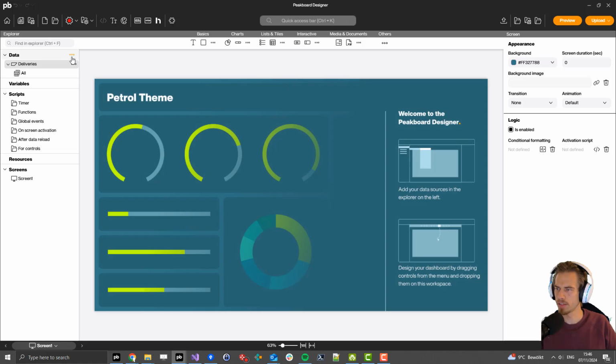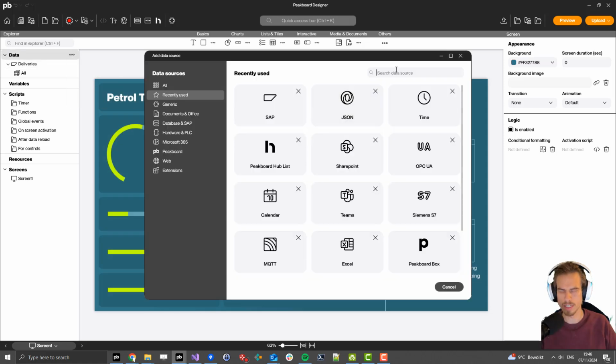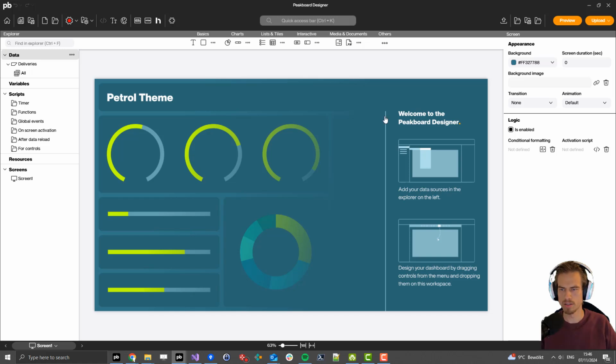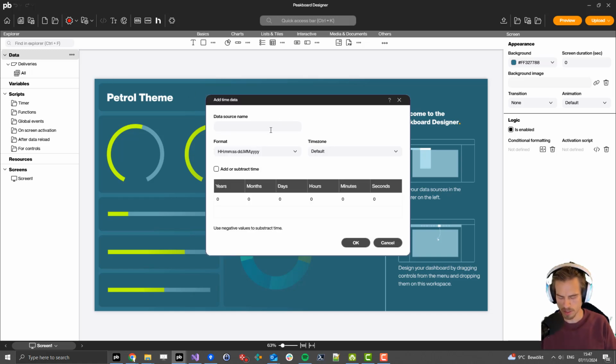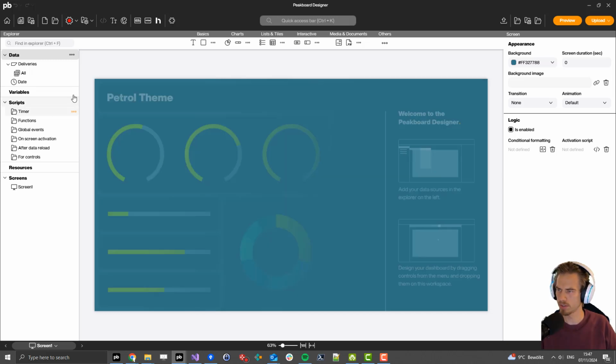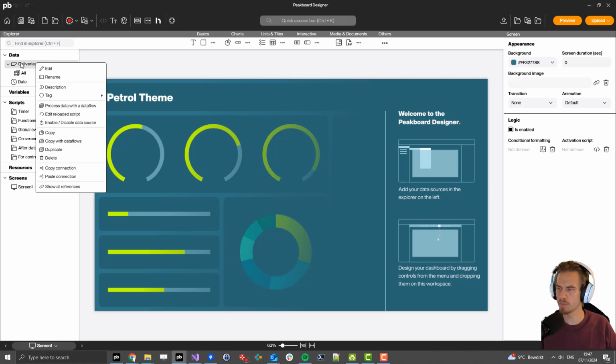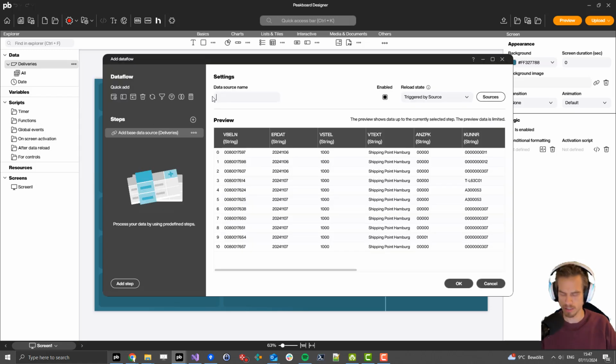Now I add another data source from the type time, which I will need now for other calculations with this data source. So let's call this date here, and we can also give it a date format. Doesn't matter that much here. Let's click on OK. And now I'm able to add a new data flow based on the same data source again. And in that case, I want to have